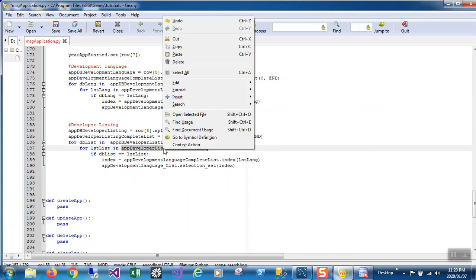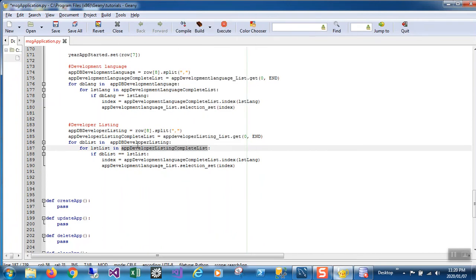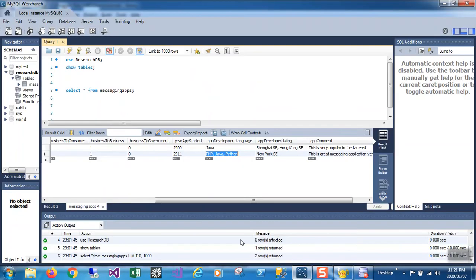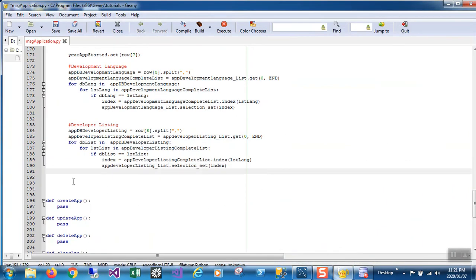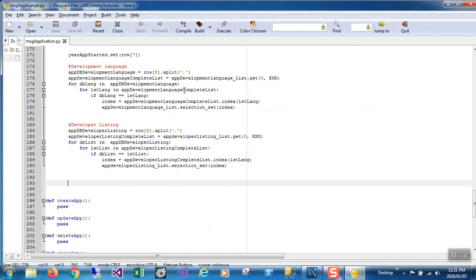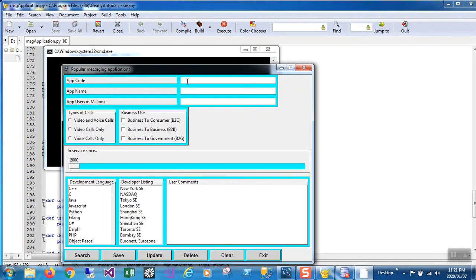Then we get that copy listing and put it there. Let's quickly check in the database: QQ is listed on both Shanghai and Hong Kong according to our data. Let us save this one and run it with F5. So if we do QQ,